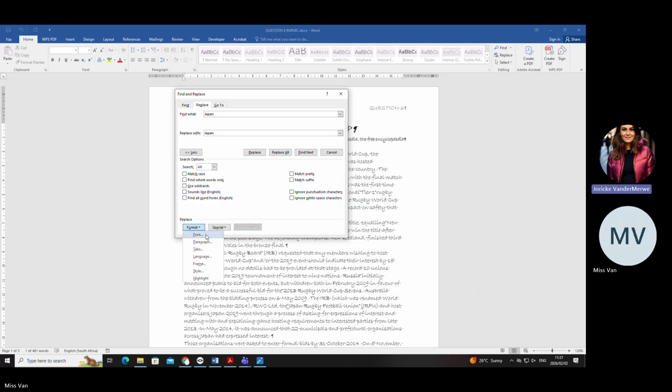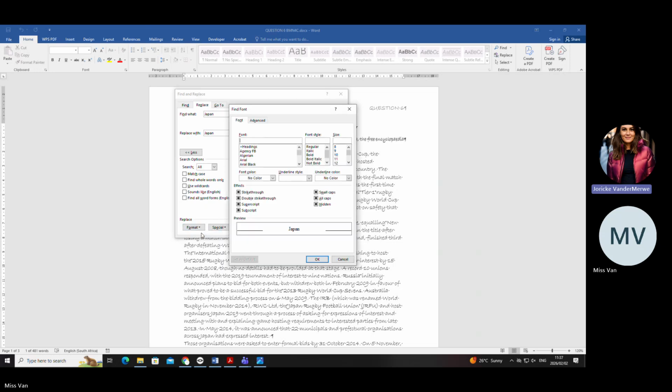And then remember, we're working with the font because the font is uppercase, bold, italics. Those are all font things. Can you see there at the back, there's a font? And can you see all of those things, the bold, the italics, they fall under the font settings. So if you forget, just look at your screen there at the back. So you choose font. Okay.